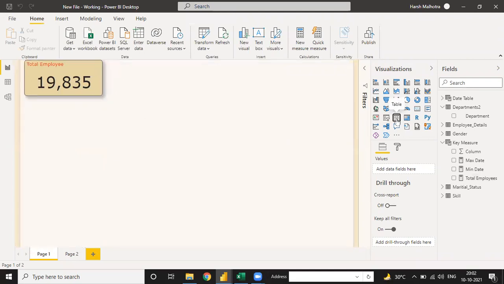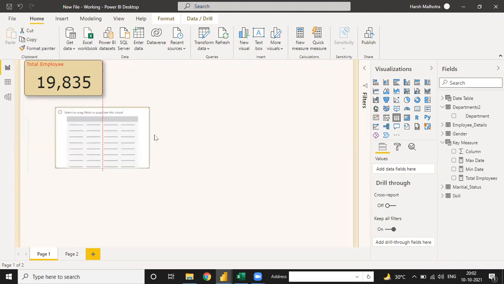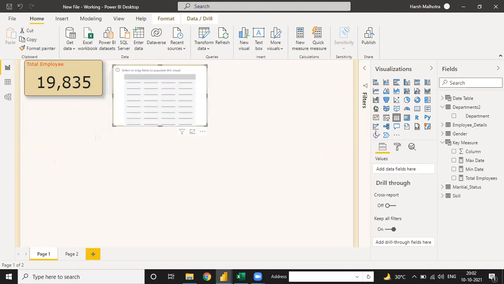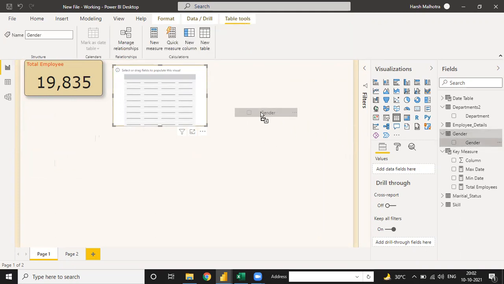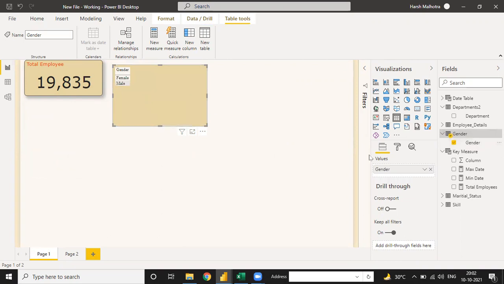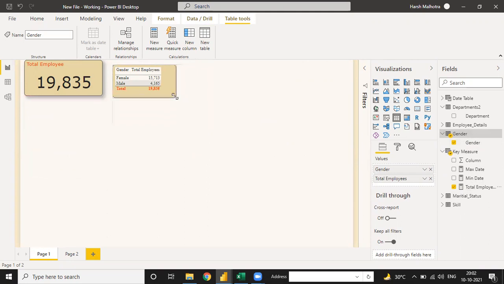Right now, I'm going to show it as a table. In this table we put gender, male and female, and the total employee. The values are 15173 and 4175, and the total is 19835.